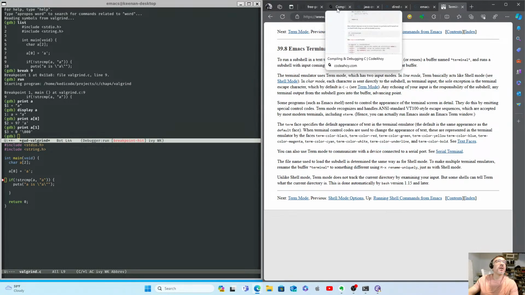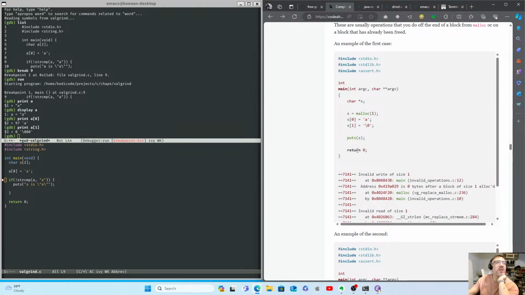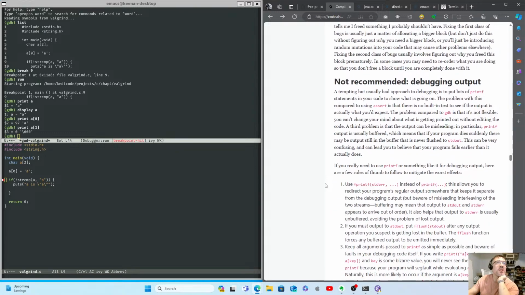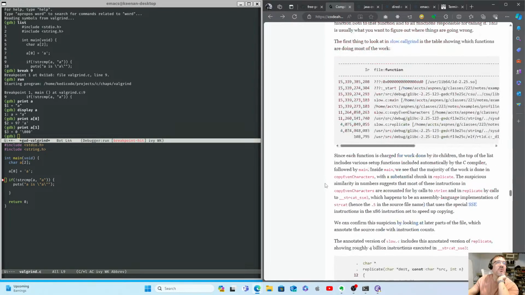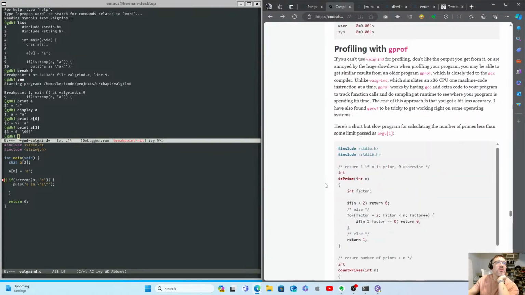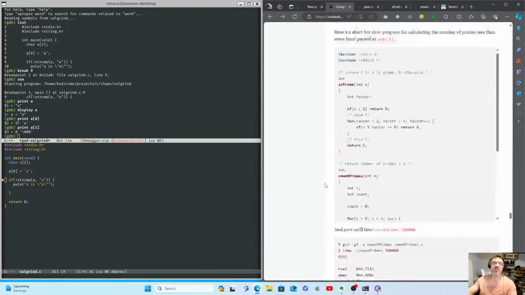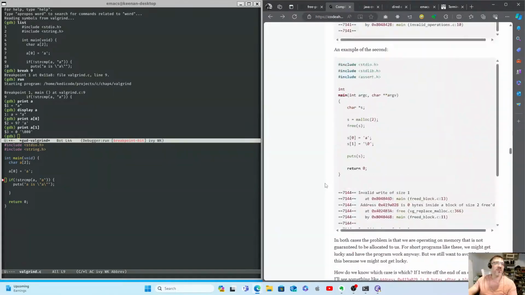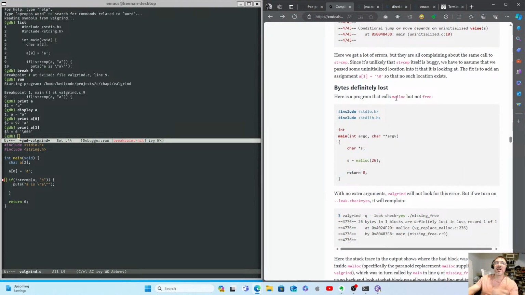Moving back on. Okay. Bytes definitely lost. Here's a program that calls malloc but not free. You know what? We're not even working with this yet. Let's see. Performance tuning. Profiling with gprof. You know what? I think that we're going to revisit chapter 4 with this stuff, because this is getting into performance tuning. They're talking about malloc. I don't even know what malloc is yet. I haven't used it. So, because of that, let's just make a note to,